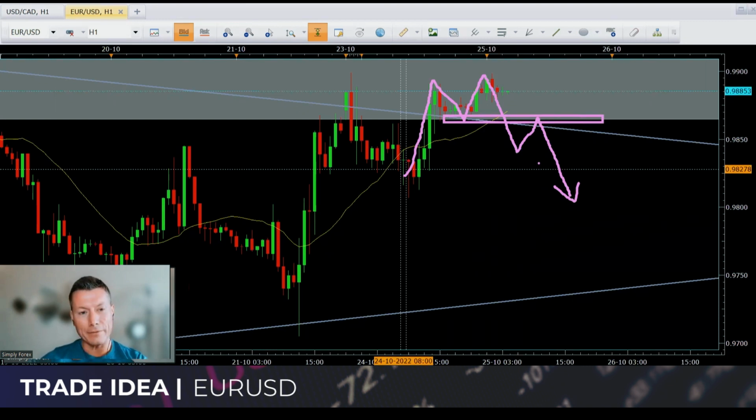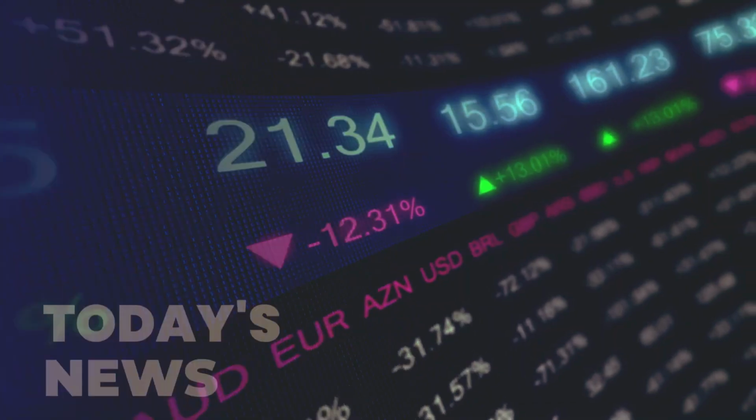That's it for today, guys, because there's all the other pairs. The yen pairs are untradeable. Some pairs are hitting into resistance or support, and I just can't trade them. So, yeah, it was a difficult market to find some trades today. But there's a couple of ideas there. Right, let's take a look at the news now.